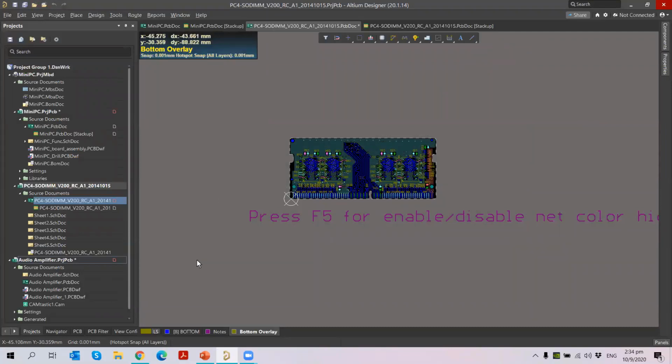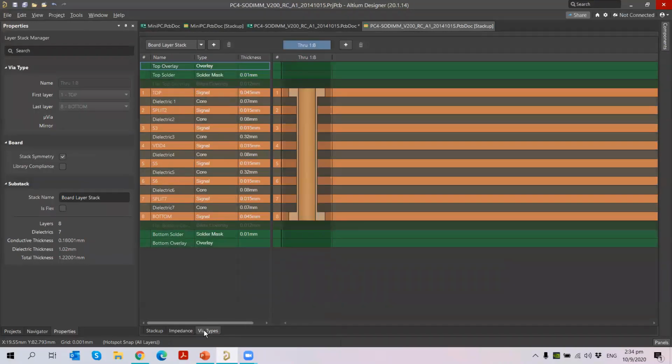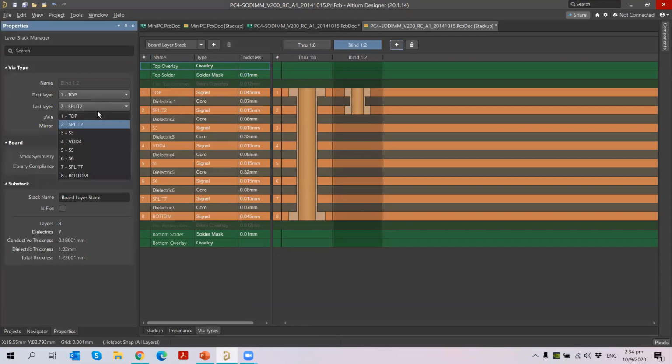Next, we are going to see about microvia support. To see about the microvia support, again I go to the layer stack manager. In this, let me select the vias. I go to the via type. Now I'm going to generate some vias. Initially you will have the through hole via here. So let me add some vias, and first is my micro via. First layer to second layer, I just select micro via.